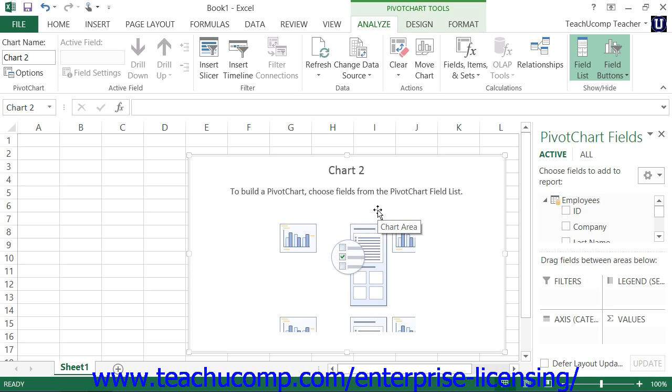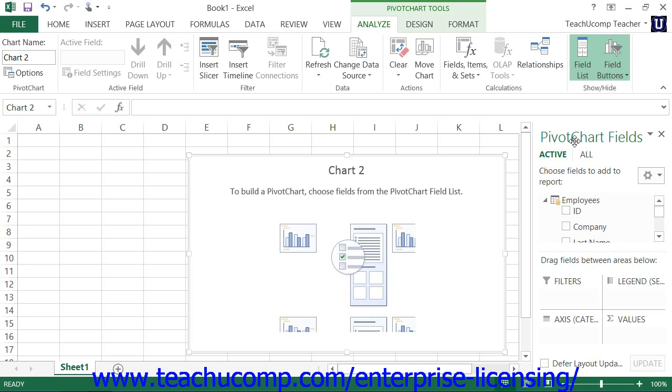You can then add fields from your data source to the various areas within the pivot chart or pivot table. If you inserted both objects, then note that data added or changed within one of the items will be reflected in the other. When you select the pivot chart, you can add data fields into the quadrants that are shown